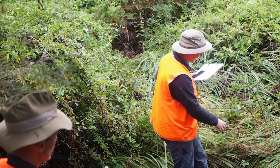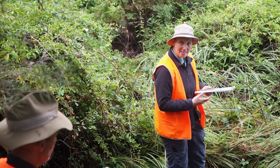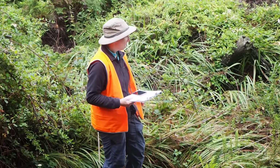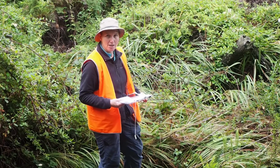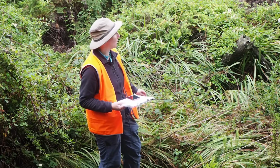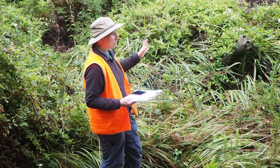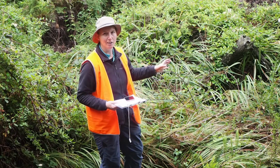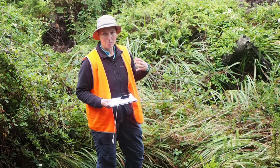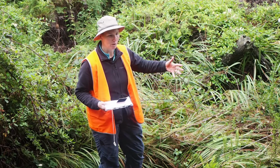And a grassy looking plant that's just behind me. So you might think that this looks like a native species, but it's actually not. When we were here just a few weeks ago, this thing was in flower and it had these bright orange flowers. This is a Montbretia, and it seems to be really common along these riparian zones. It's basically a garden escapee. So a plant that somebody's planted in their garden and has now just escaped and is spreading its way down